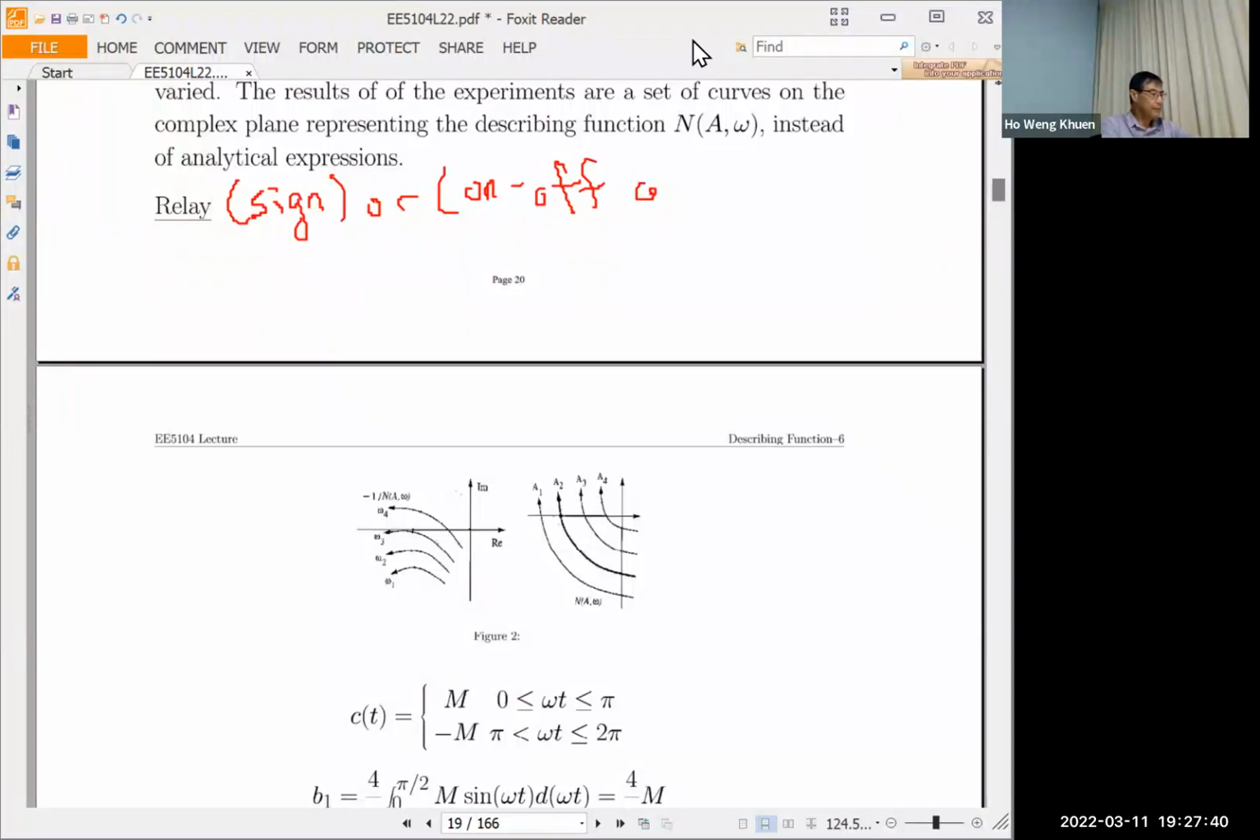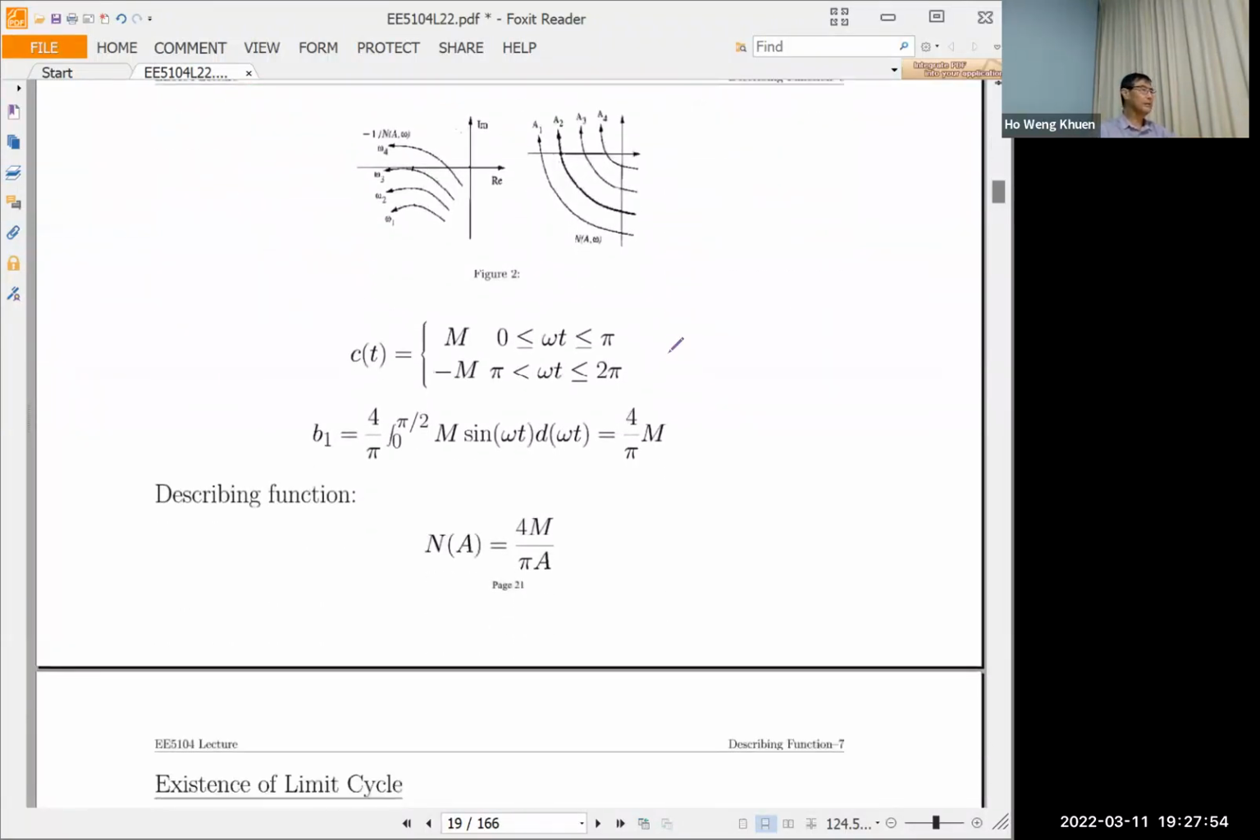Or on-off switch. It doesn't matter. It is basically two level. As far as I'm concerned, they all mean the same thing. So how to get it? First of all, to get it, you have to draw the